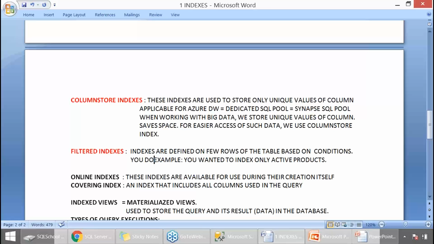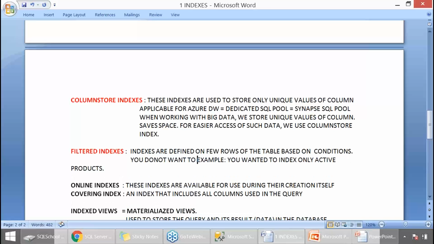You do not want to invest more space by indexing entire table. Yes, index requires space, right? You would like to minimize the amount of indexing. In order to save space, go for filtered index. For example, only active products, only active data, something like that.